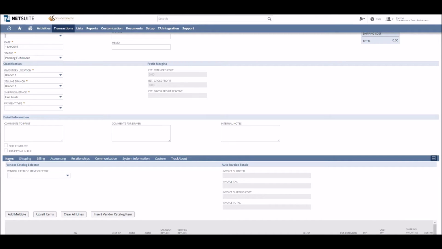I'm going to cover the lease and rental management features that are a part of the WGS for NetSuite bundle. So we're going to start by entering an order. The great thing about NetSuite is that it's so easy to customize and everything is consistently organized no matter where